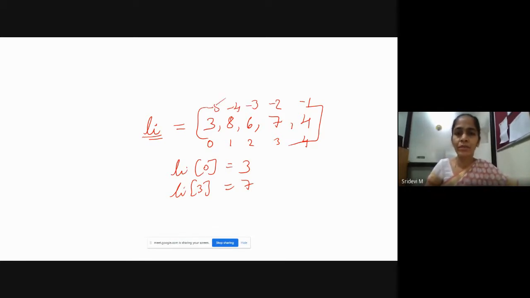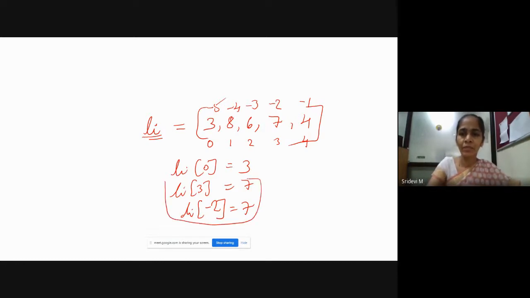So you can use the index numbers from the front side or from the backward side, but you have to remember what is the exact index number that represents a particular number in the list. Now if you take li of -2, that again represents 7. So li of 3 and li of -2 both will give the same number, but this is with a positive index number and this is with the negative index number.